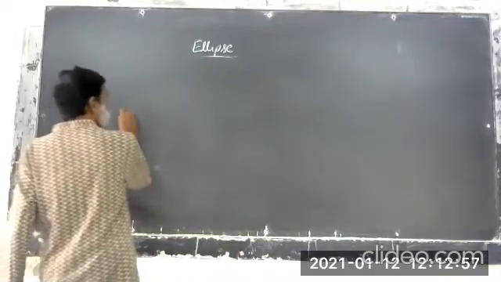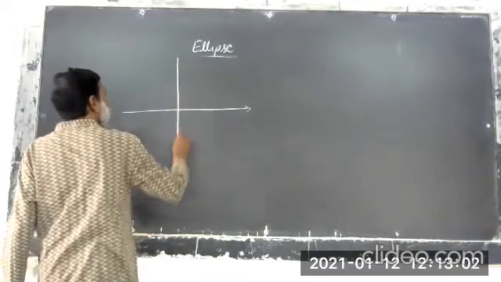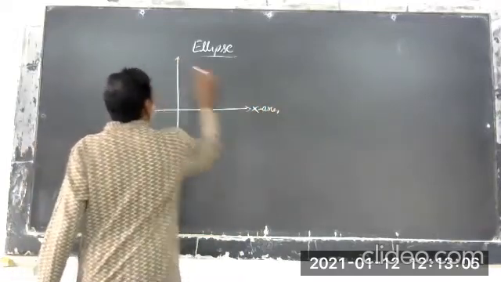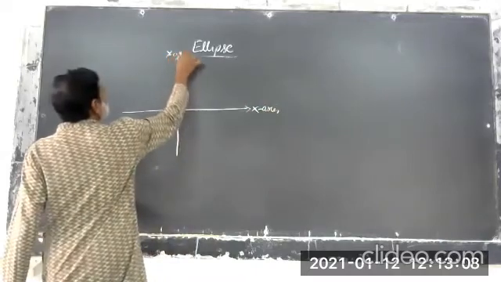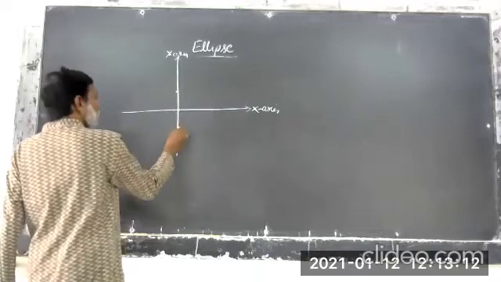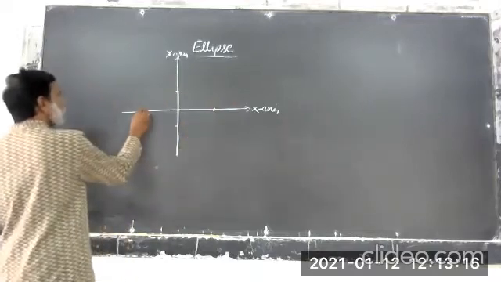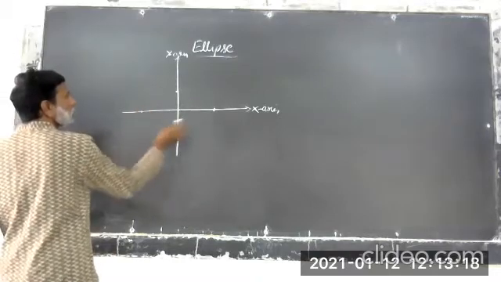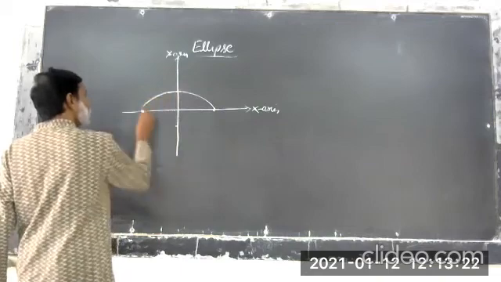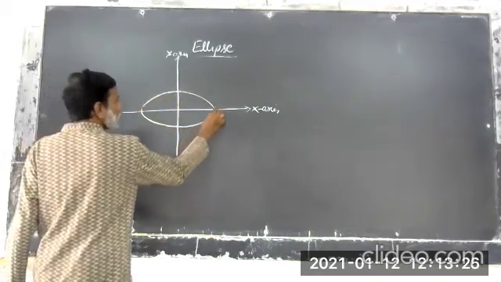By taking the coordinate axes as the x-axis, y-axis, the ellipse cuts the coordinate axes at 4 different points, and the shape is symmetric about both